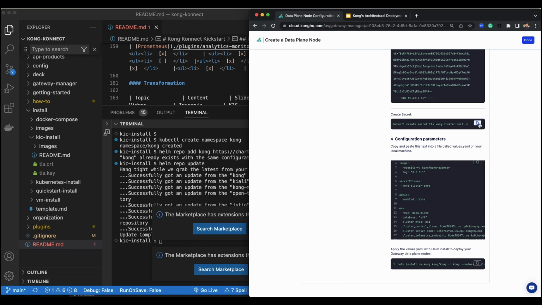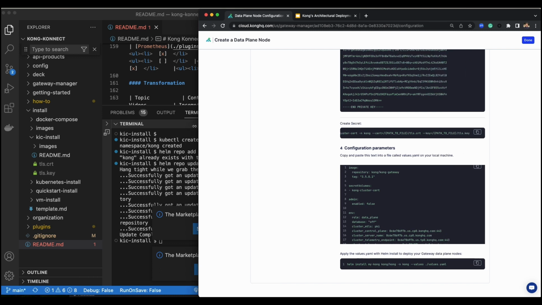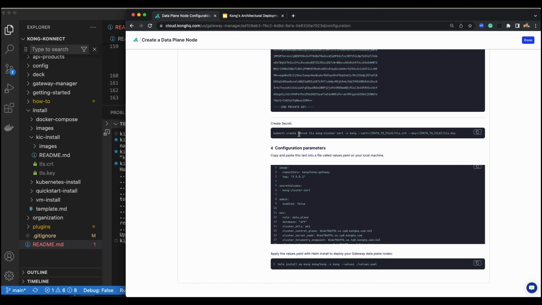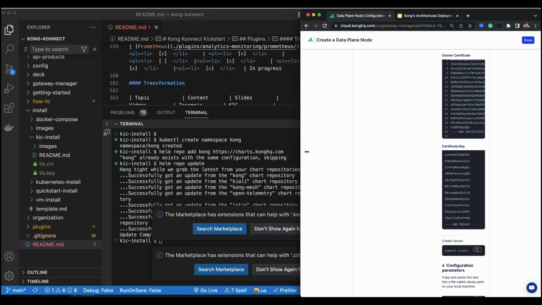I'm next going to copy this. I'm going to create a secret for this in Kubernetes. So this is the command here. Let me pull this out a little bit further so it's clear. So creating a TLS cert called Kong-cluster-cert, and then just providing the path to where the cert and key live, right? So if I come back over here,